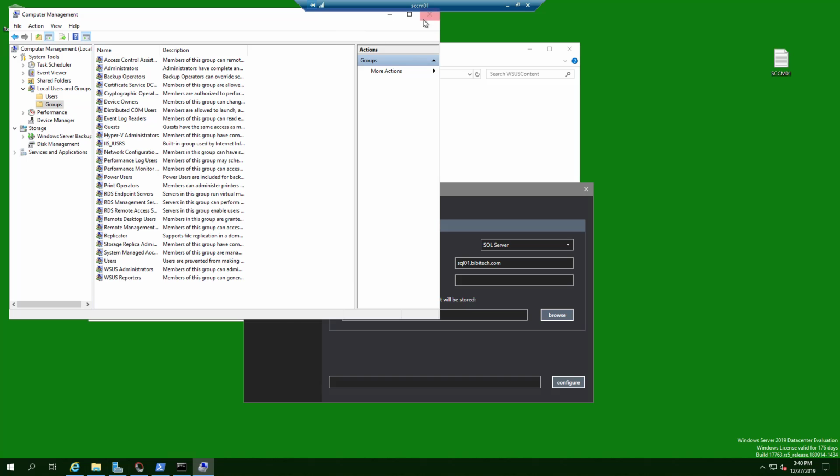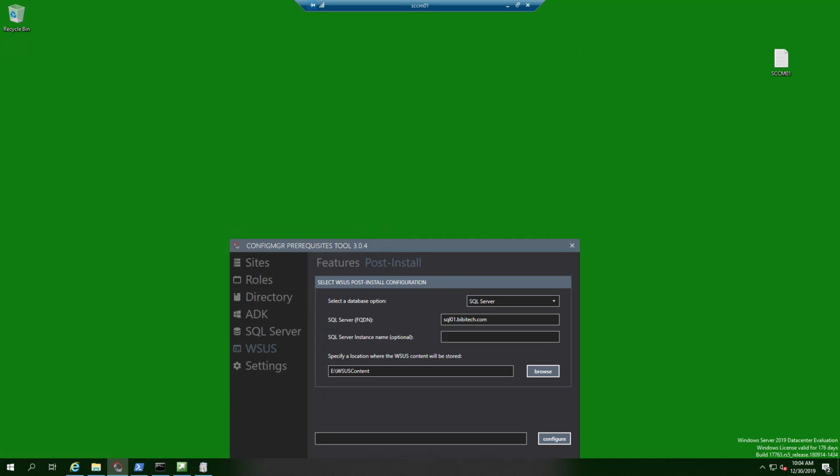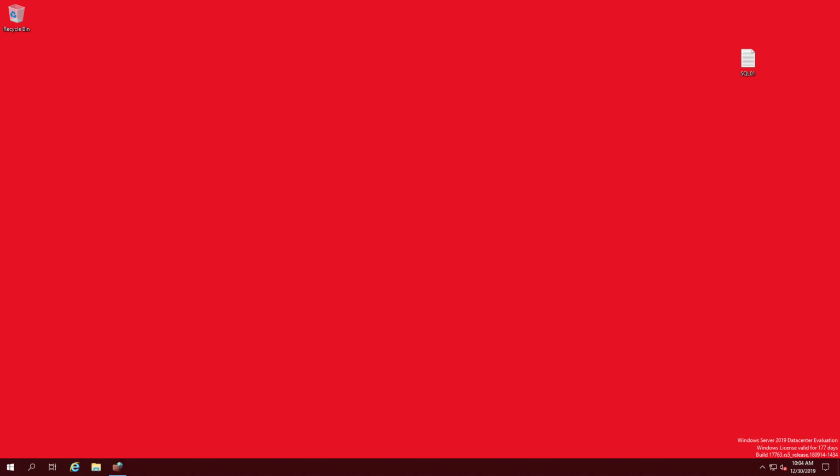This is good. Then next I need to do the same. Basically add the users to SCCM, to SQL Server. So I'm just gonna RDP into... I already have it RDP into